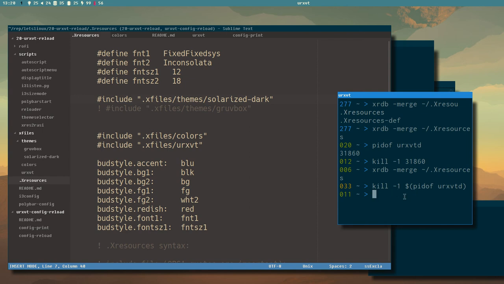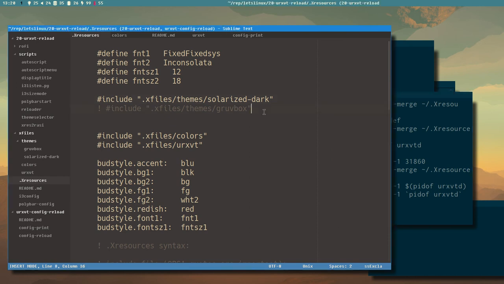You can also write it like this. This is the exact same thing. Backticks, these are not single quotes but backticks. On a US layout you have that symbol where you have the tilde, next to the 1 key. So these two will do exactly the same thing. Now nothing happens because we haven't changed the